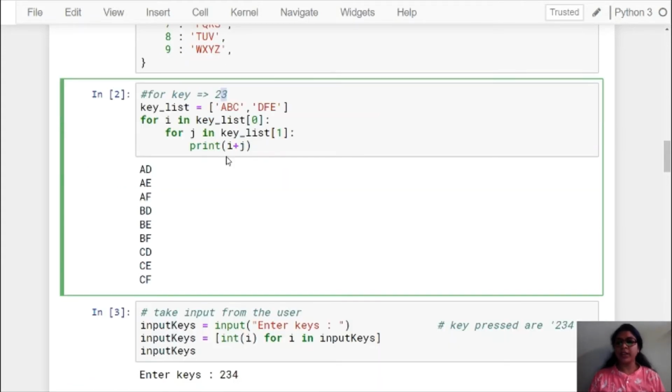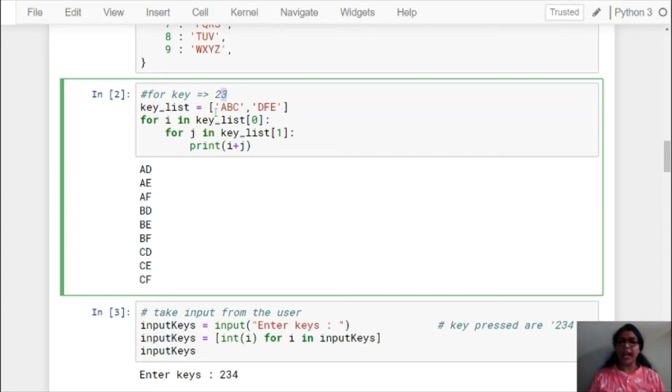Here we will use a for loop. ABC is at index position 0, and DEF is at index position 1. A will get combined with D, then with E, and then with F, and after that B will combine in the same way.